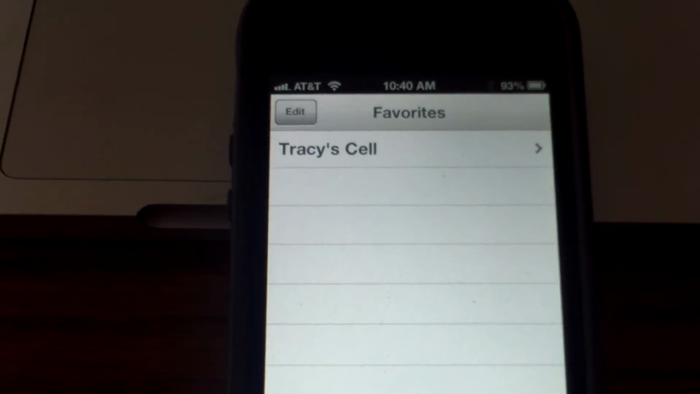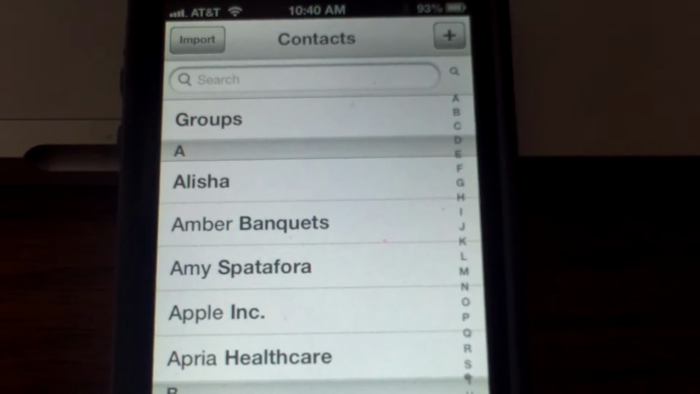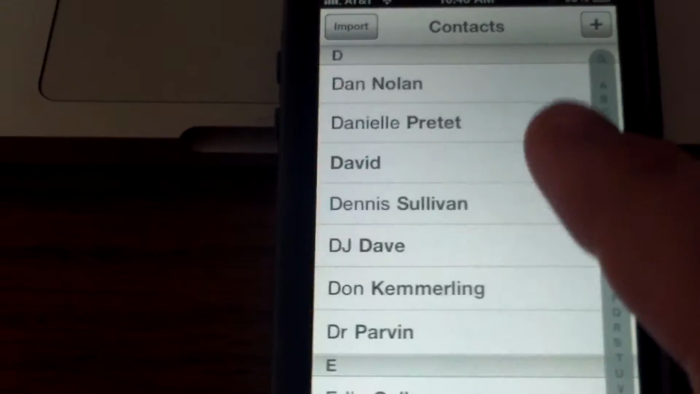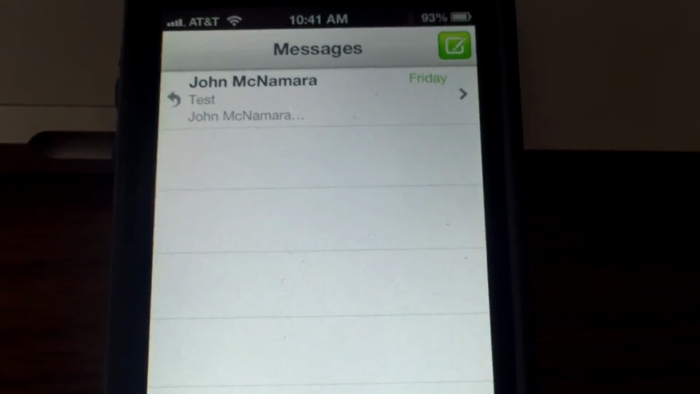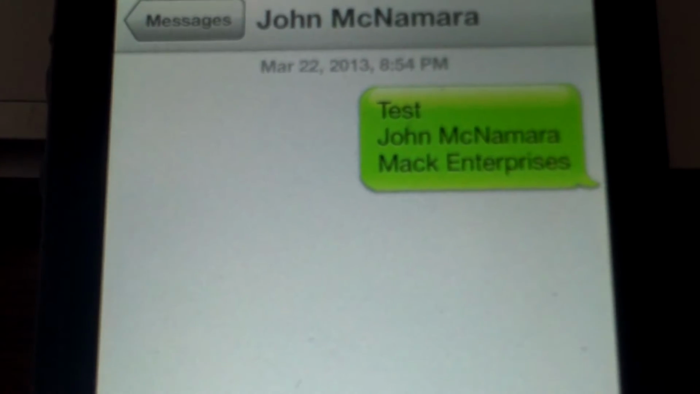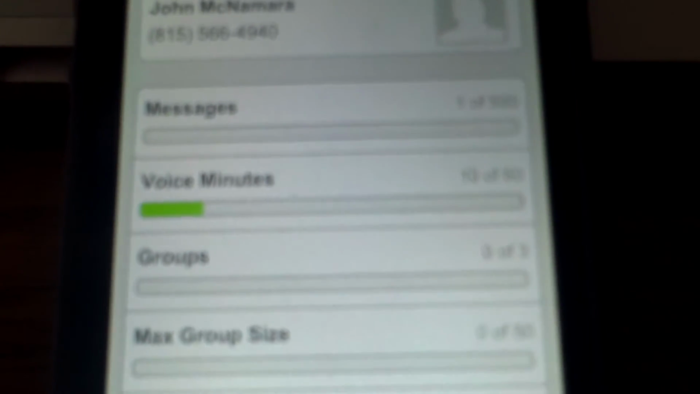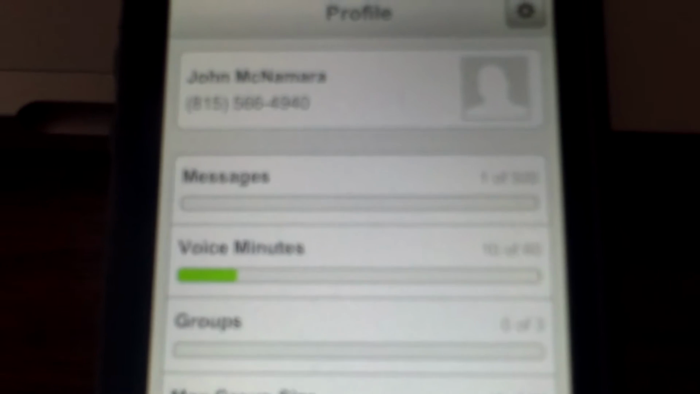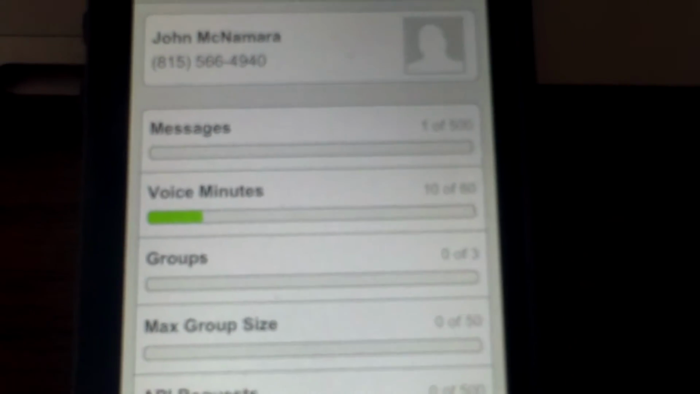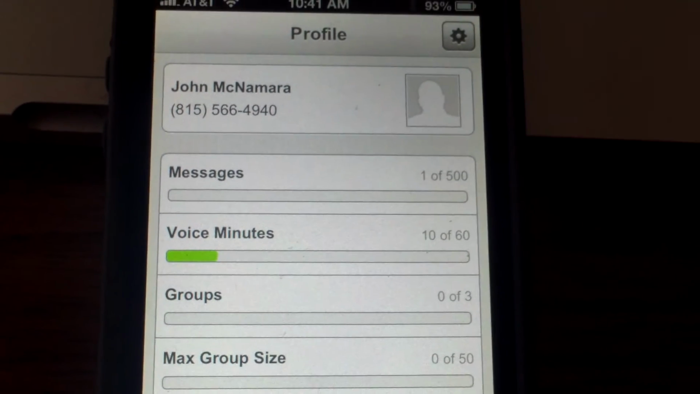You've got your favorites. You can connect to your iPhone contacts, so you can search for any contacts that are part of your phone. Here's some messages I texted myself. There you go. And keypad, so if you want to make a phone call. And then here's the profile. Profile will show you how many messages you've sent, how many minutes you've used, your groups